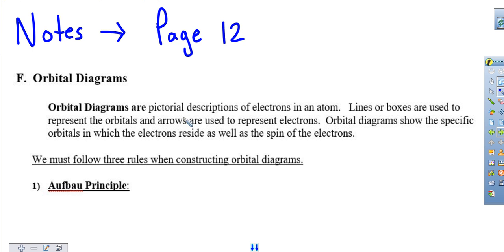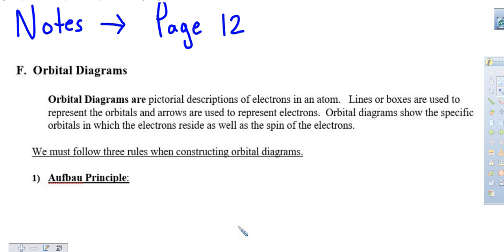All right, so in our notes, page 12, letter F at the top of the page, it says, orbital diagrams are pictorial descriptions of electrons in an atom. Lines or boxes are used to represent the orbitals, and arrows are used to represent electrons. Orbital diagrams show the specific orbitals in which the electrons reside, as well as the spin of the electrons, clockwise or counterclockwise. So we need to follow three rules, three principles whenever we're making orbital diagrams. The first one we talked about before, the Aufbau principle. The Aufbau principle is basically